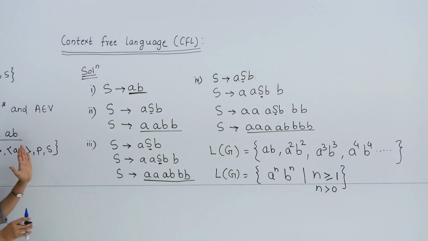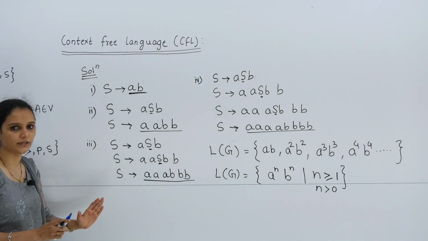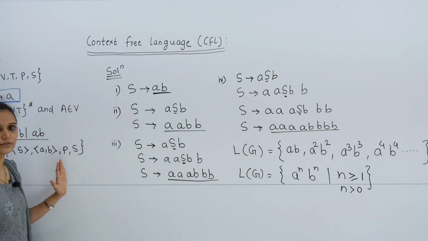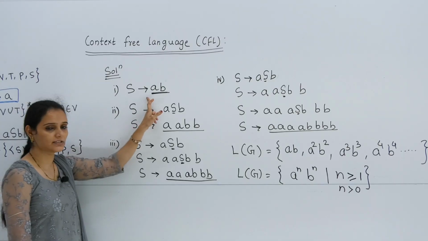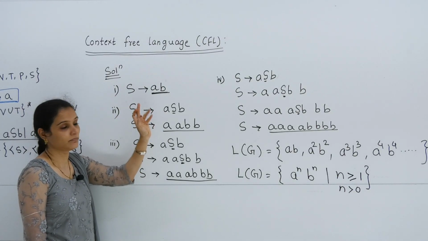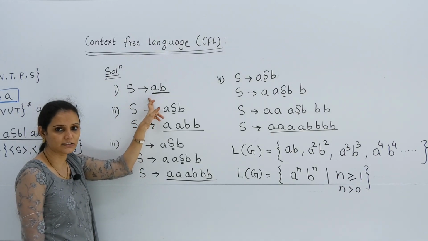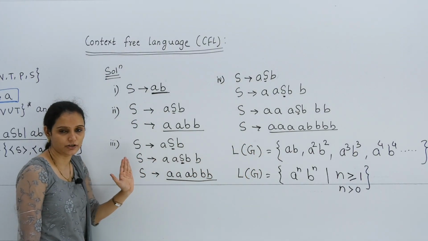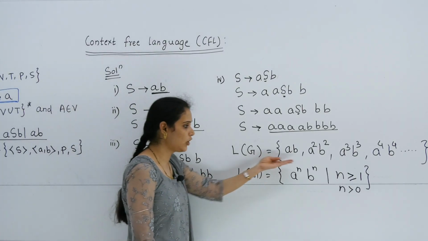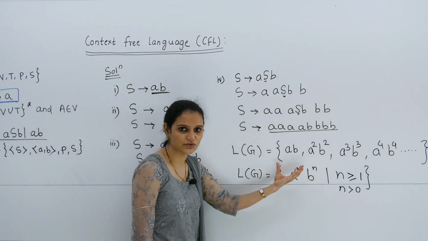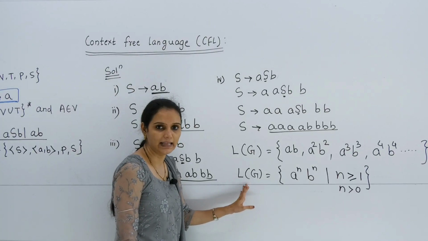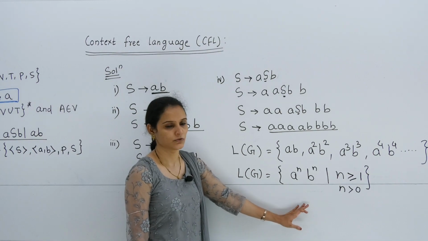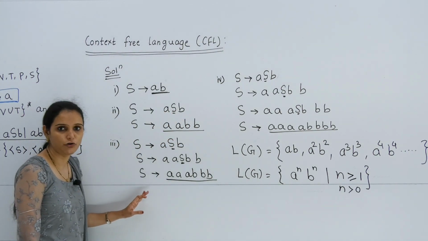So students, these are the steps to generate the language. Whenever production rules are given, by using those production rules, first derive the minimum length string. After deriving the minimum length string, find out 3 to 4 different strings by using the production rules. Then collect all these strings, observe them, and generate the context free language of the given context free grammar. So that is our first example for the context free language.